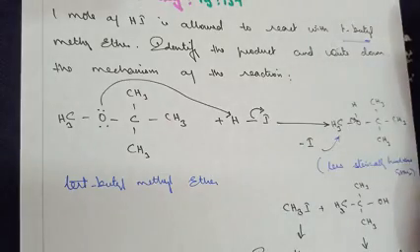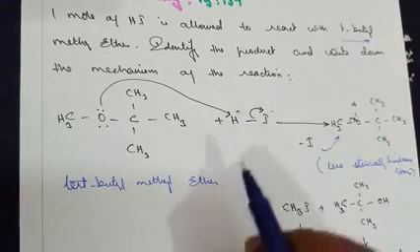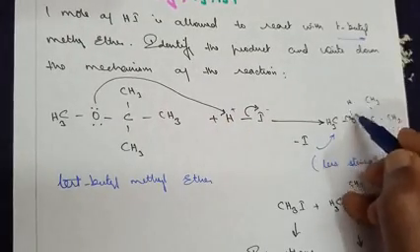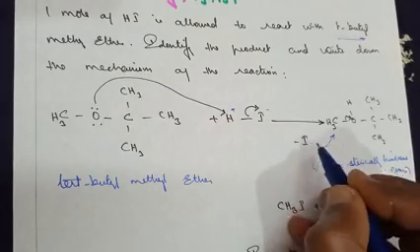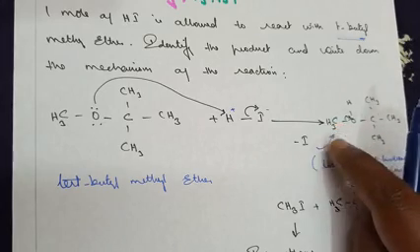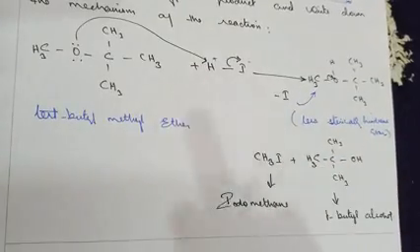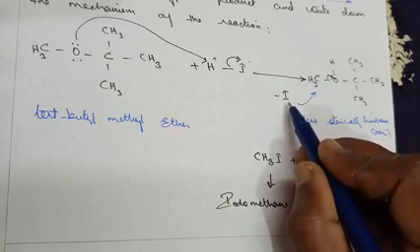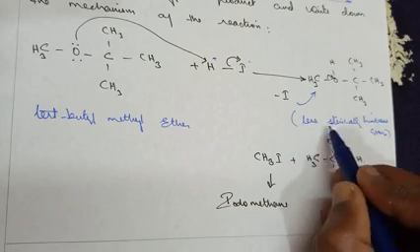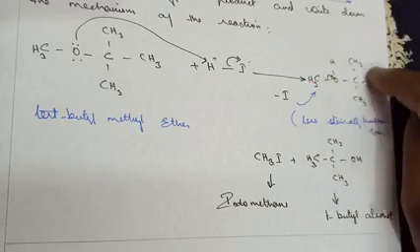All this mechanism again you have learned very detailedly. The lone pair of electrons on oxygen takes H plus from HI, and I minus goes out. By sharing the lone pair of electrons, the formation of the OH bond is shown. The I minus goes out as a nucleophile. Now the choice comes: should this I go to this carbon or this carbon? What was the point I gave you when I took the lesson? The incoming nucleophile will prefer to go to the carbon which is less sterically hindered. So this carbon is less sterically hindered than this carbon.